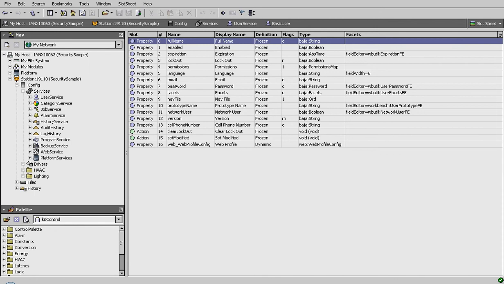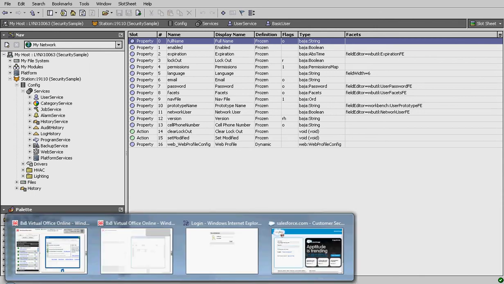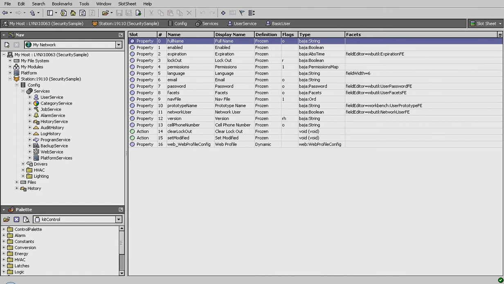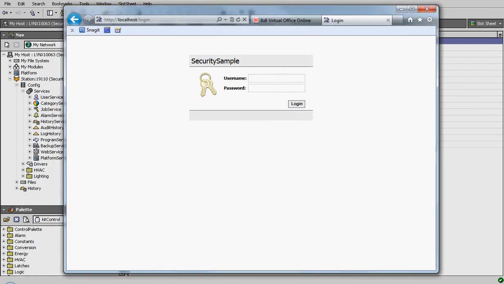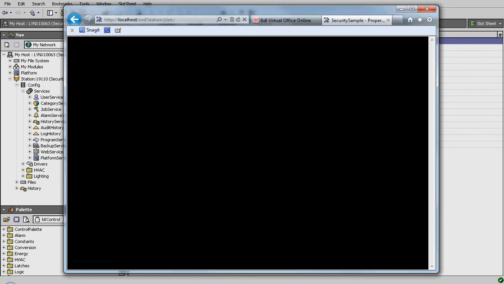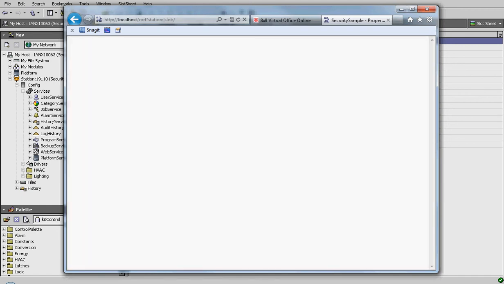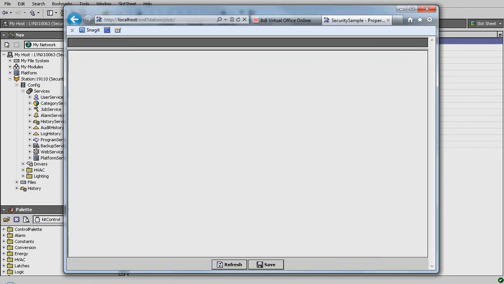Okay, so let's log on now as a user so that I can show you what that means. So their name was basic user and their password was user, and we'll log in. Okay, so because